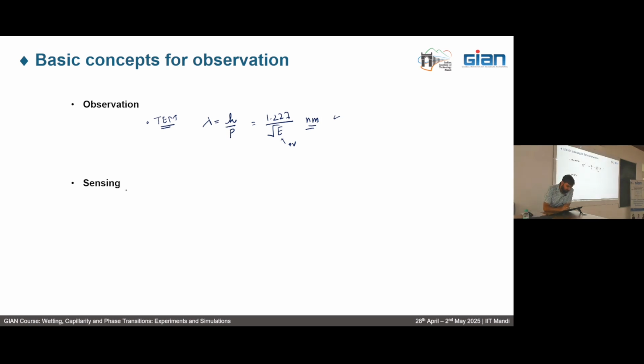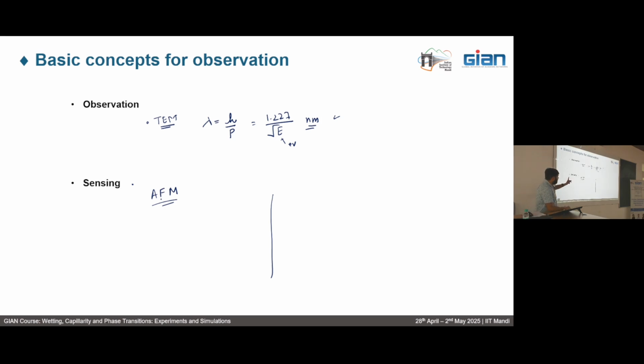In sensing, what we do is that we have two distinct methods. One is the AFM. AFM is called the atomic force microscope. What we have is a sample, and using a probe whose tip thickness is in scales of nanometers, we just raster scan our sample, and it basically gives us the profile of what the system could be. For example, if I take the AFM of this desk, we may get all the roughness of this desk using the AFM. So if we have nanobubbles, of course we can use AFM for the observation, but